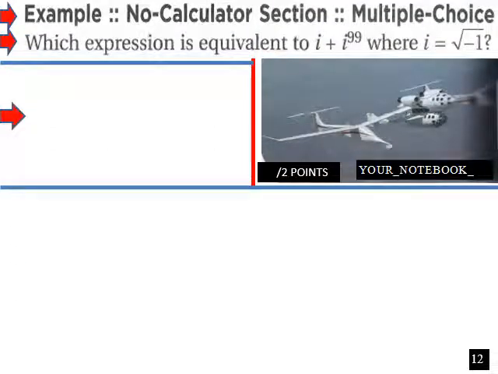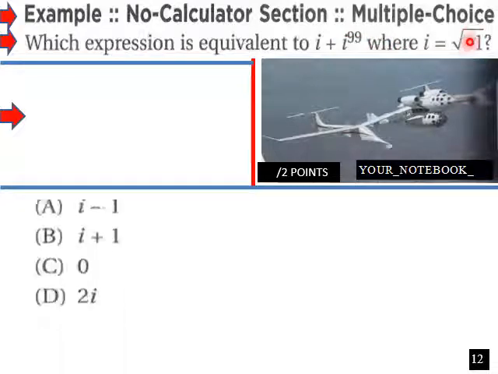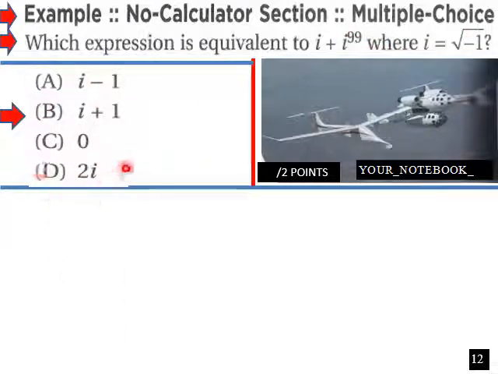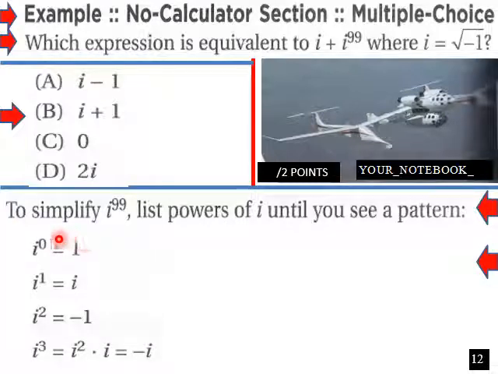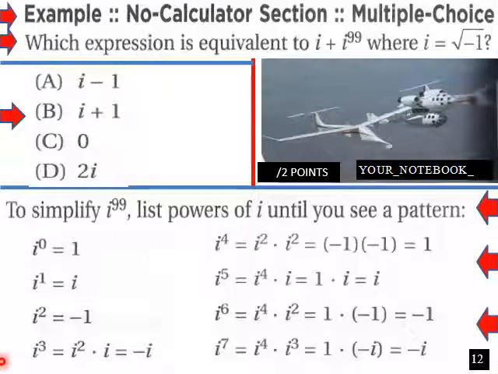No calculator, which expression is equivalent to i plus i to the 99th, where i equals the square root of negative 1? And then we have our list here of possibilities. To simplify i to the 99th, list powers of i until you see a pattern. Here is our pattern for i. Furthermore, more patterns of i. And we just go through this pattern: 1, i, negative 1, negative i, and then back to 1 again. And we just continue this pattern here